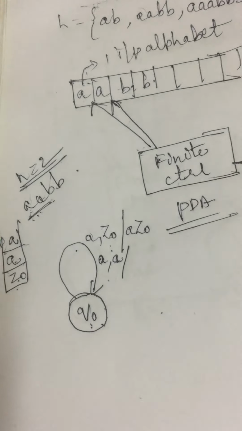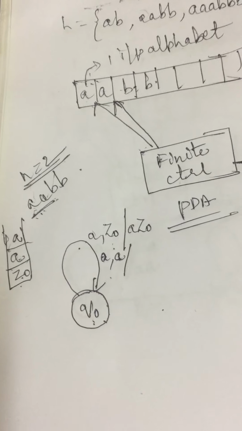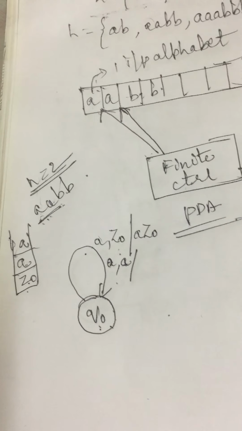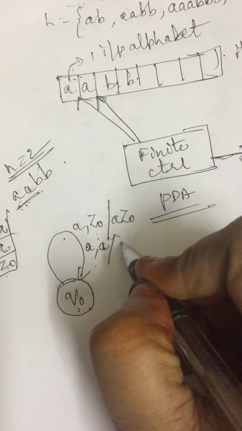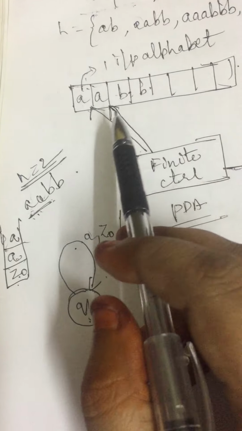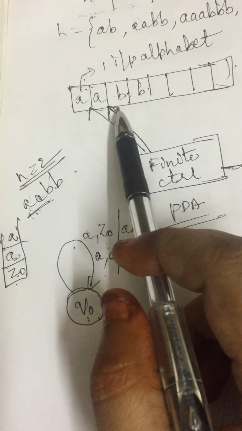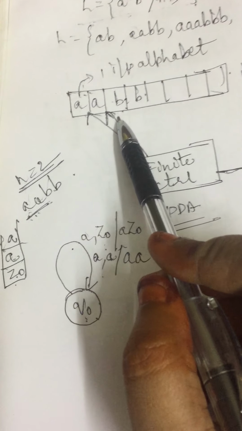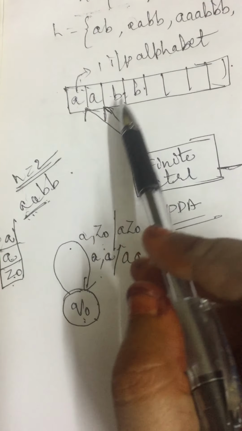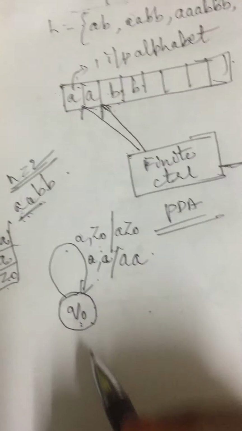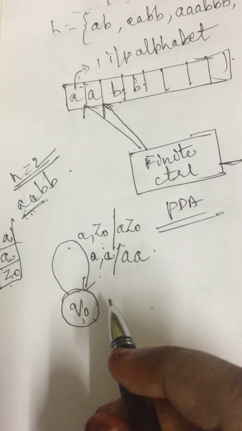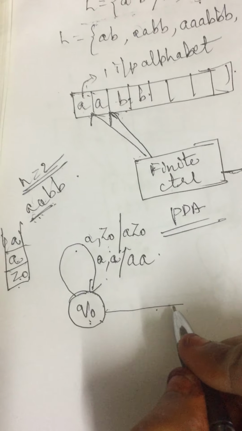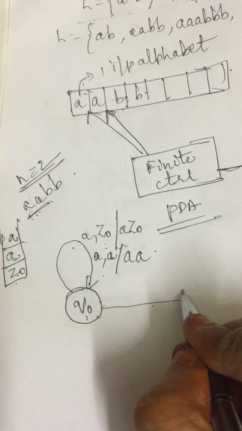So there can be n number of A's. When there are n number of A's, we need to perform the push operation for each A. In this manner we perform the push operation. Now the input alphabet is changing to B. That means from the input alphabet A, it is being changed to B. We have to represent the change in the state also. When the input alphabet changes, let us change the state also. So the state will be changed now.